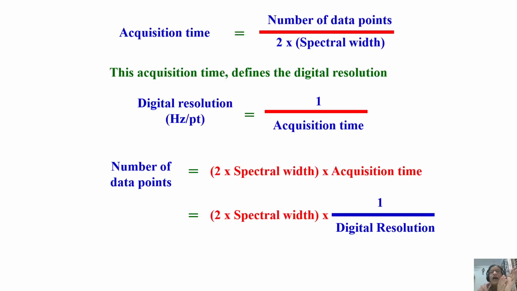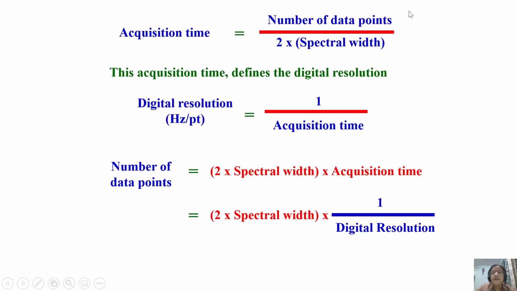and let us see how we have to choose the spectral width. I said we should have a spectral width that also defines your resolution, and how much time the signal is taking, how long you have to acquire, everything we have to decide. For example, the acquisition time is the time required to acquire the time domain signal. You send a radio frequency pulse, start collecting the signal. How long do you acquire the signal? That's what I said, you have to acquire the signal and you have to optimize it.